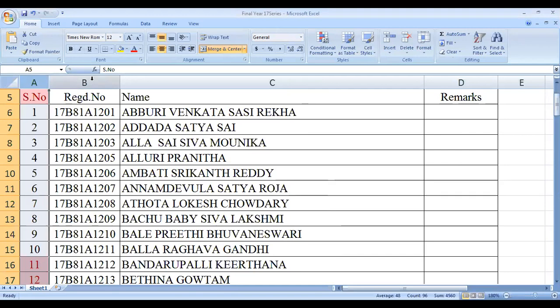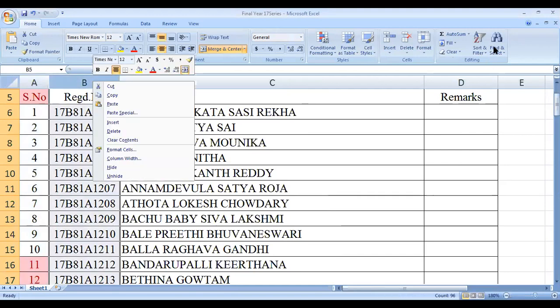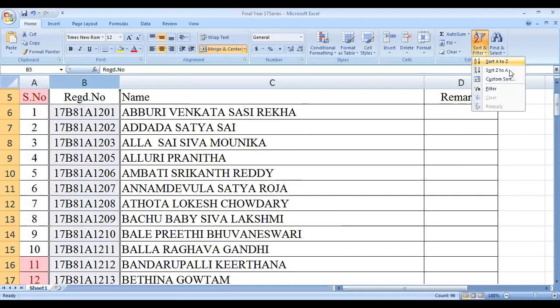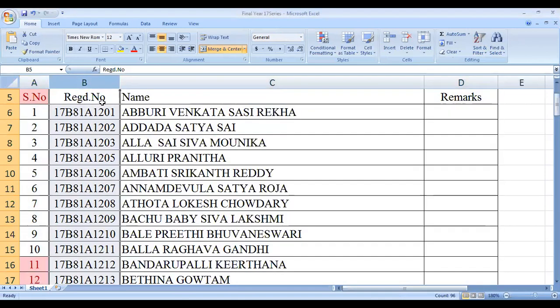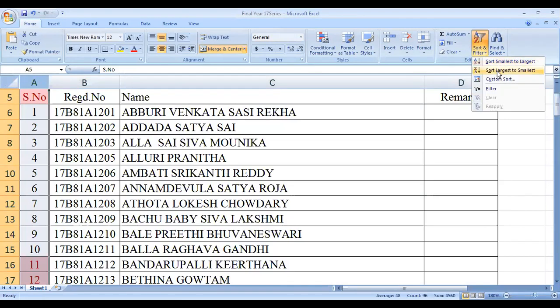For example, in this I am going to sort from Z to A, expanding with all the columns. So here we have multiple types of data. We have B's and A's, so it's already in 1, 2, 3. For example, we can take this and sort from largest to smallest, expanding all of this.